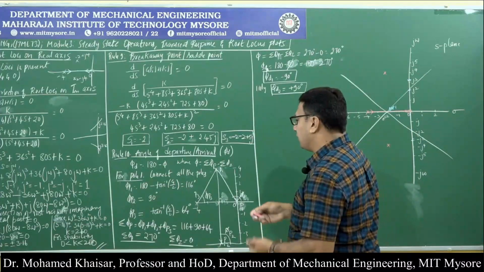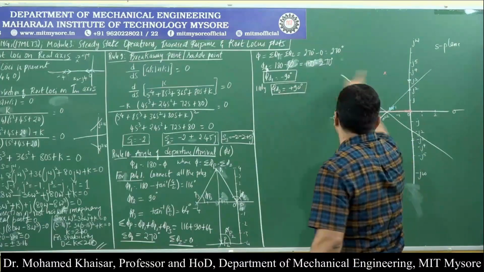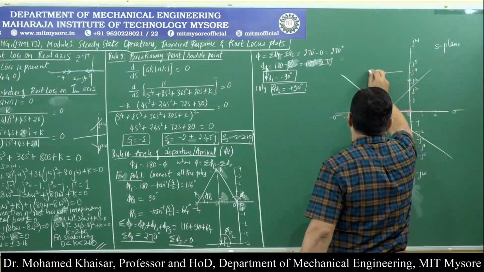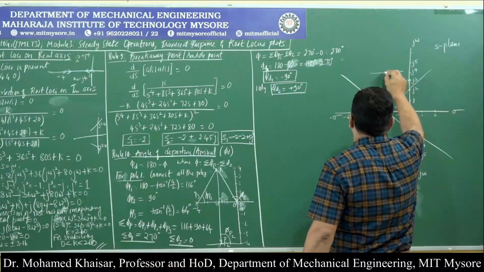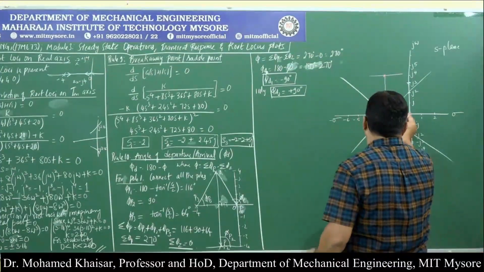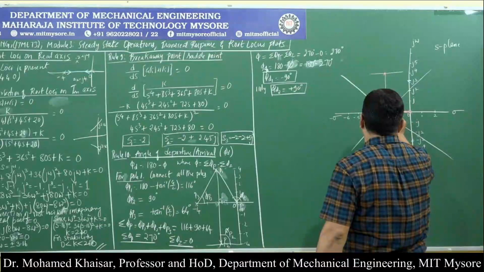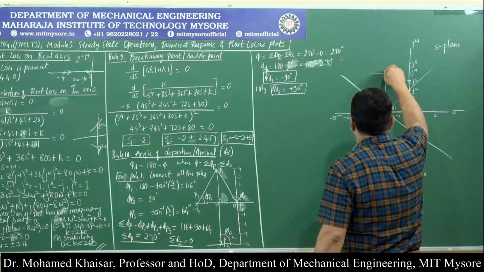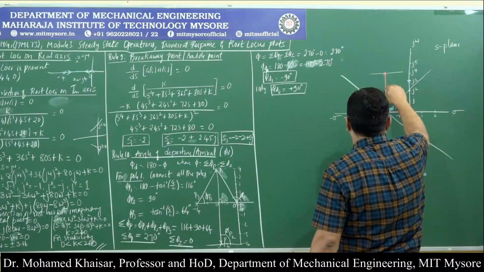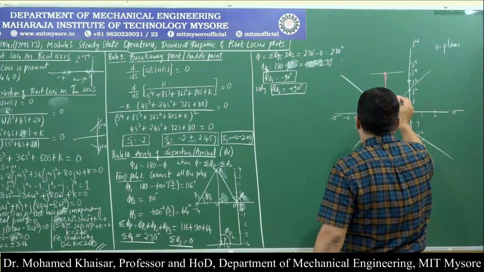This is BAP1. Then the angle of departure or arrival will be plus or minus 90 degrees from this particular pole. So, draw a horizontal line over here, keep the protractor inverted, and along 90 degrees draw a line. Now, these two branches of root loci are colliding at minus 2, and they will leave in this direction. The angle of departure of this branch of root loci will be along 90 degrees, minus 90 degrees. So, they are going to depart like this.